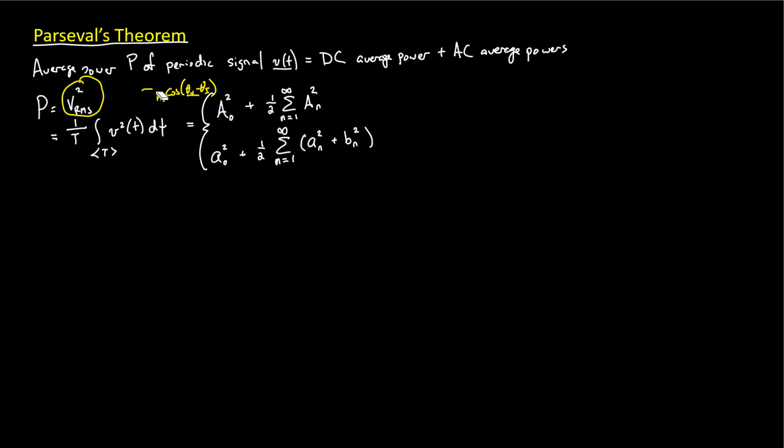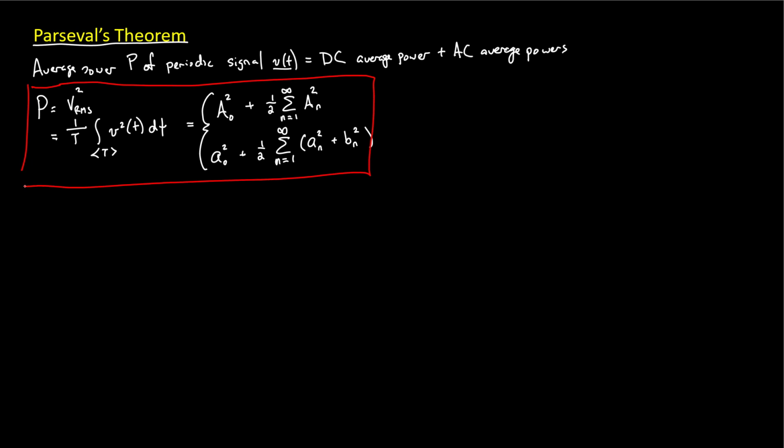I'm going to get rid of that aside, so we can focus on our key result. And this is the key result, that power is this. This is Parseval's theorem, that this integral and this sum are the same thing. So this gives you the power to do two very important things. The first is that